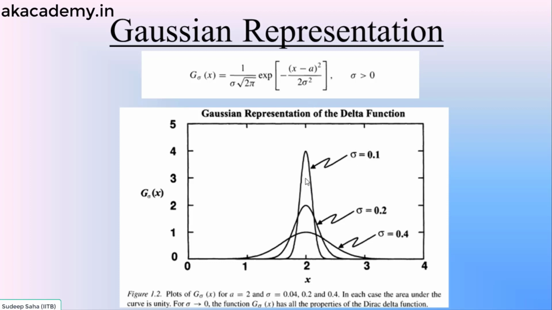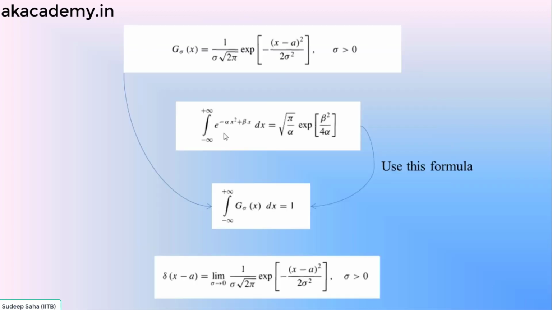So we can again see whether this satisfies the properties of delta function or not. For that we have to see that the area under this function from minus infinity to plus infinity, because here there is no limit, so we will take minus infinity to plus infinity, the area under this curve will be 1. So let's see that. For that we have to find out this integral.